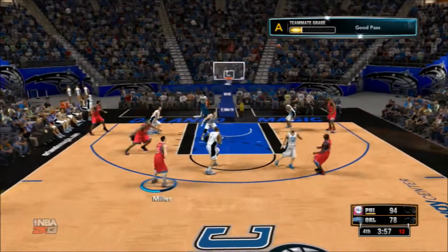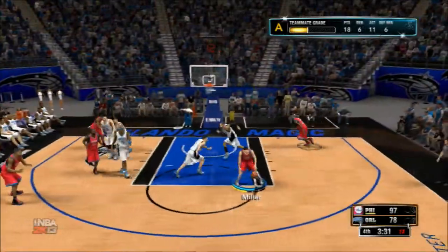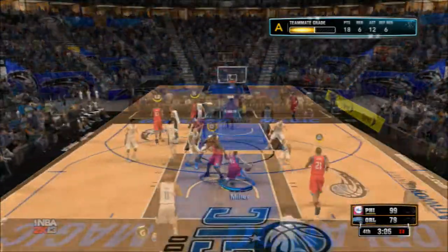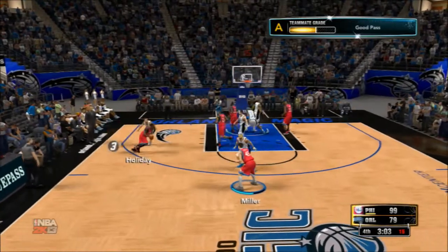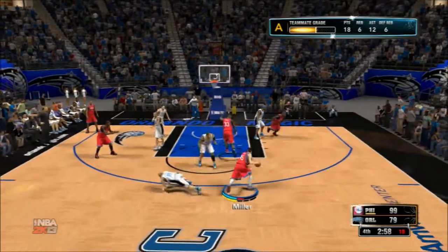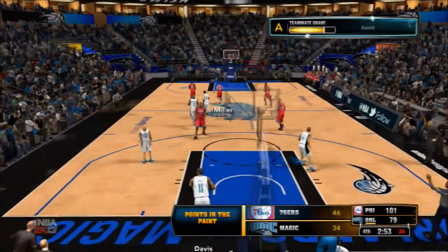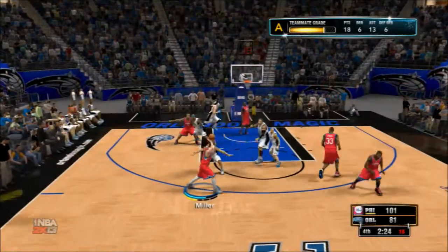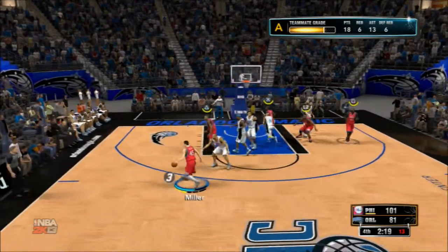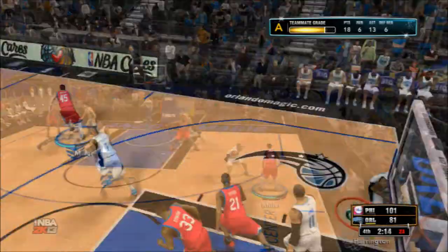Miller dishes to Richardson. Drills it from outside. Richardson's got... Here's Miller. Here's Bynum. Good on the shot. He's checked in for Orlando. The 76ers also with a sub. Holiday's checked in. Bynum sets a screen for Miller. Back to Bynum. Loses his man off the screen and lays it up and in. They're taking it to the hoops. Miller kicks to Holiday. Back to Miller. He dishes it to Richardson. Fires the 3. Orlando grabs the...